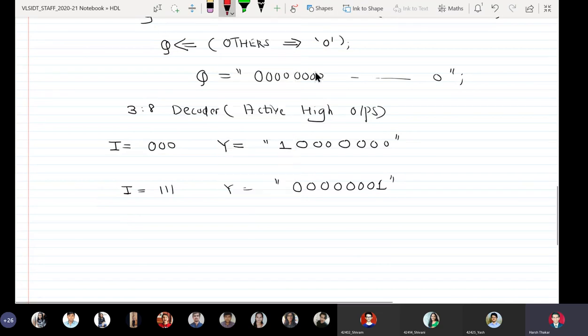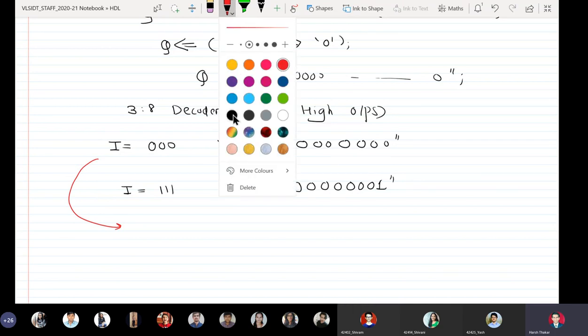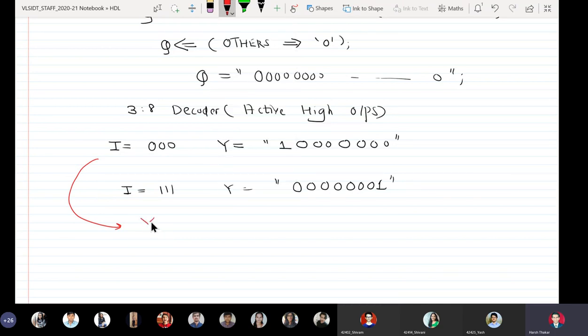So if you want to do this thing here, what I will do, we'll write down Y is assigned. See now, this is the 0th bit, first one, so it's subscript, so the subscript is like this. So this is my Y0, Y1. Similarly, this is my Y7.